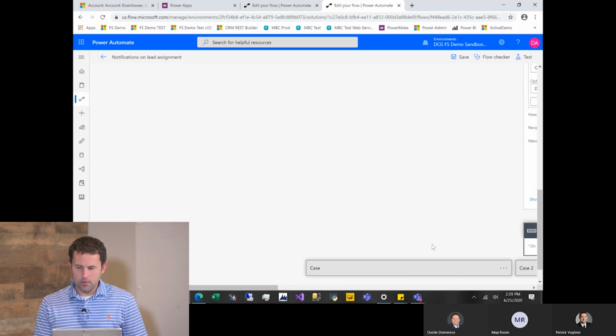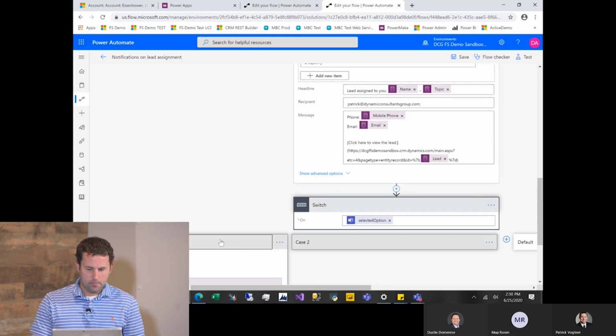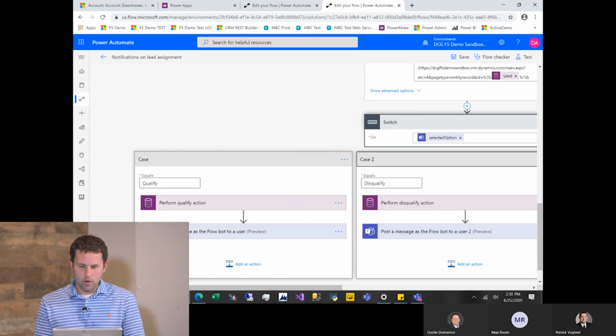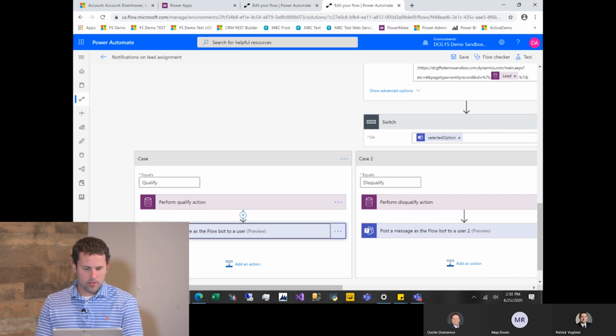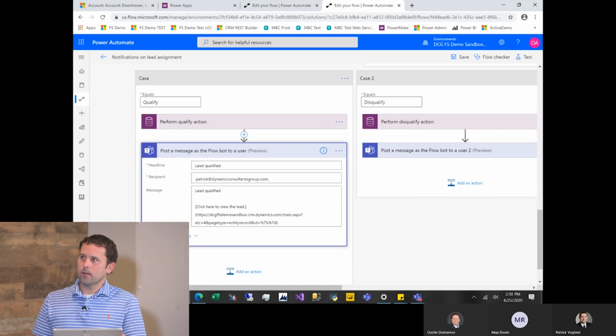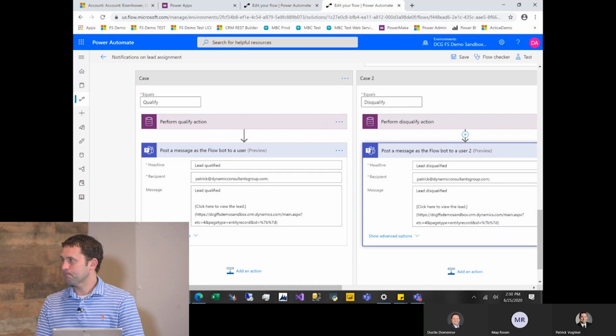We have a switch statement here, so we take the output, the selected option from the user. So this is that qualify, disqualify card. Correct. So on case 1, we're qualifying. Case 2, we're disqualifying. And we're calling it an action, like I said earlier, our action that qualifies that lead. And then we've placed a message back. You saw the feedback I received on my phone that the lead was qualified, and my notes were attached there. And again, we always want to leave a breadcrumb back to where we're actually interacting with that in the system if needed. Same for the second one. Lead is disqualified. Move on.